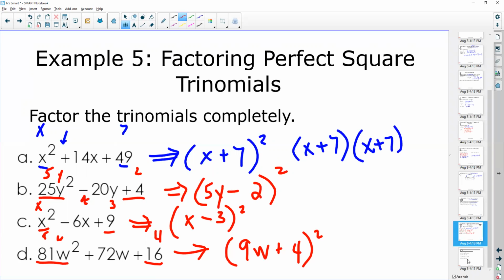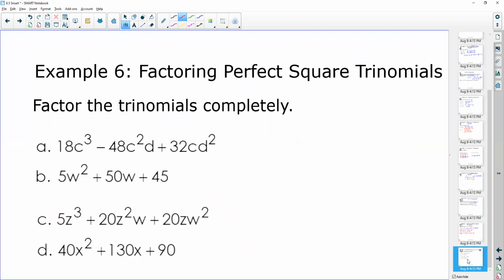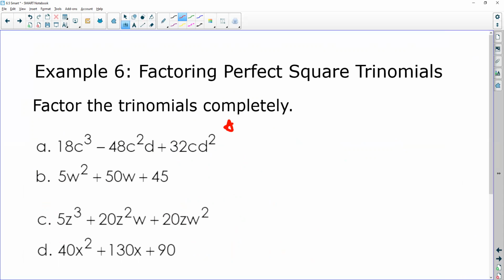All right. Last page of this. You try some of these. Okay? First, always look for common terms. Like in the first one, I see a common term. It's actually C, right? It's more than C, even, it's 2C. So start there. So I'm going to take out 2C. I'm going to get 9C squared minus